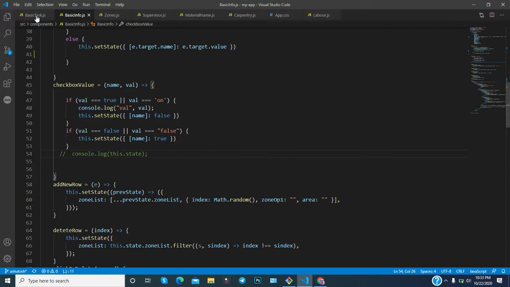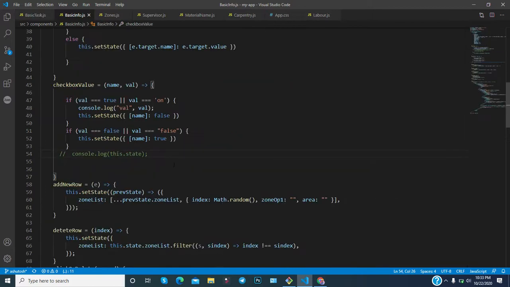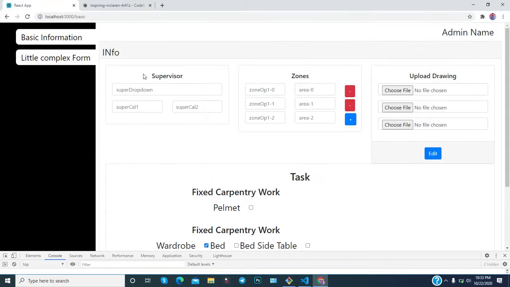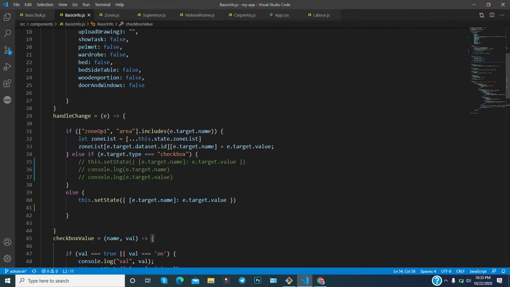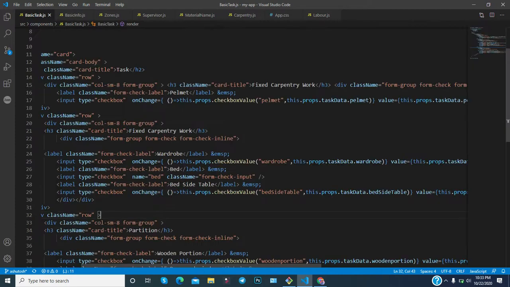I will talk about these things, but as you know, if you do it dynamically, unlike other fields such as supervisor, zone, and upload drawing, for example with this state e dot target dot name, it means you get a name, and the name is the same as the name of the field, like this name.